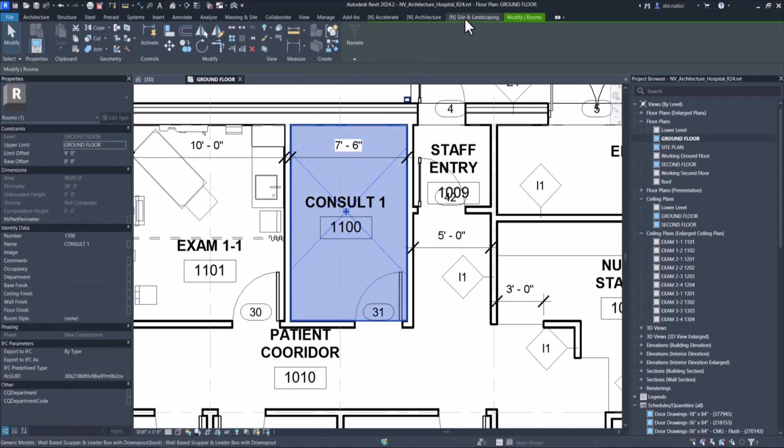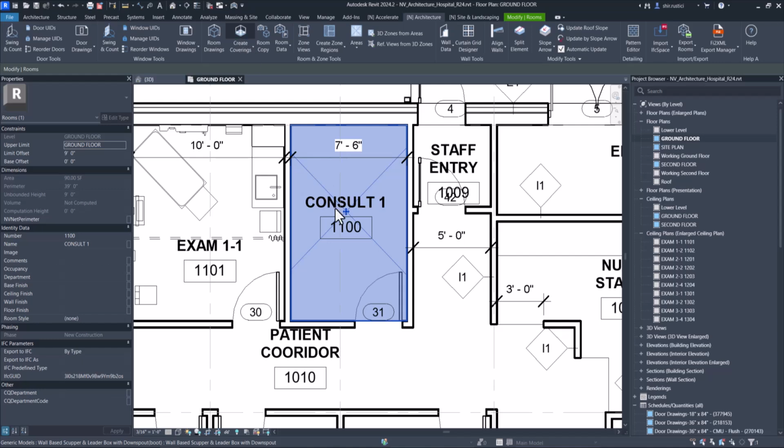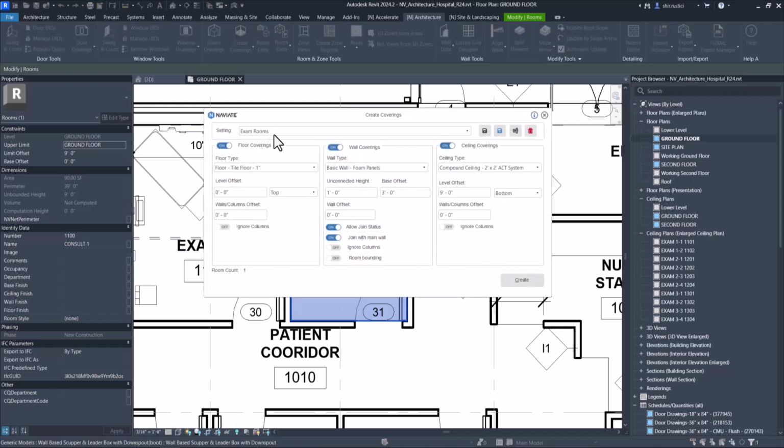Now, if I use the feature to create walls with a small offset, there is no issues and it will automatically join. For example, if I set my offset to be, I don't know, 1/4 of an inch or 1/2 an inch, then we will still be able to automatically join as long as we have the option join with main wall toggled on.